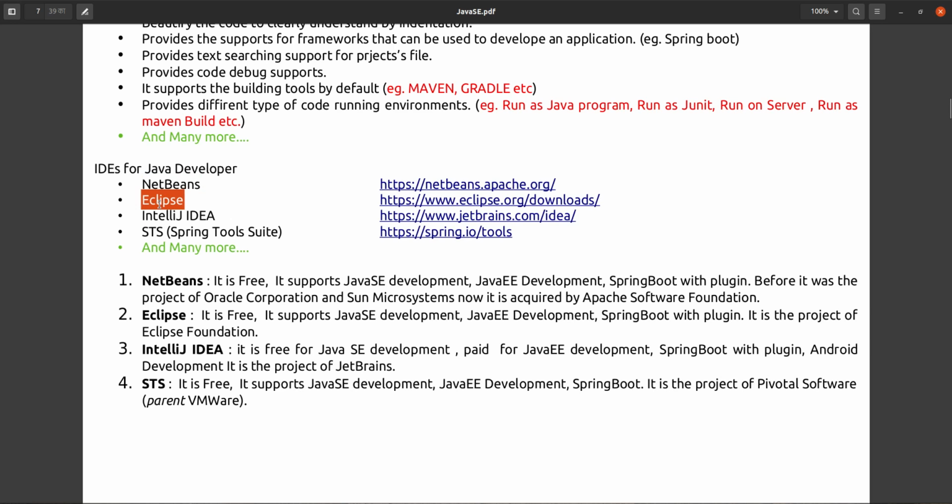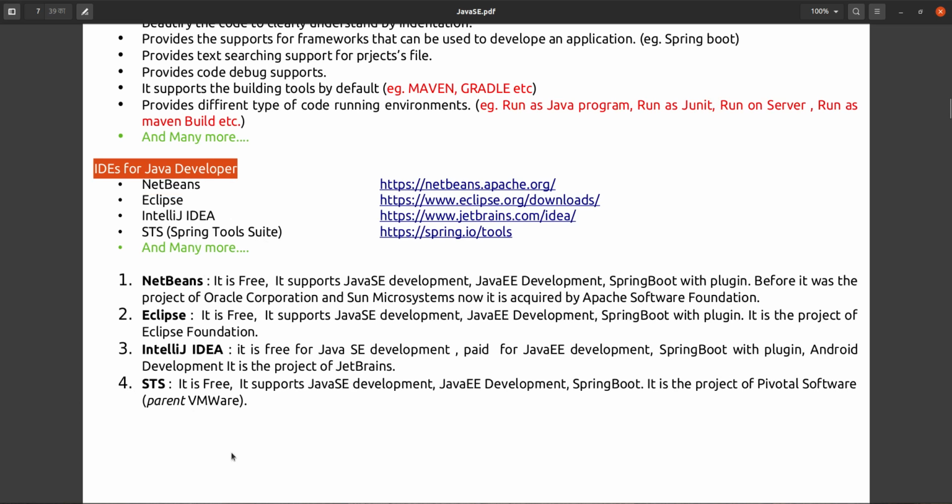You can use Eclipse, no issue. But you can't use IntelliJ IDEA because you have to pay. It's not free for Enterprise Edition, and this STS is free that you can use. Eclipse is also free and NetBeans is also free. So these are some IDEs that you can use.